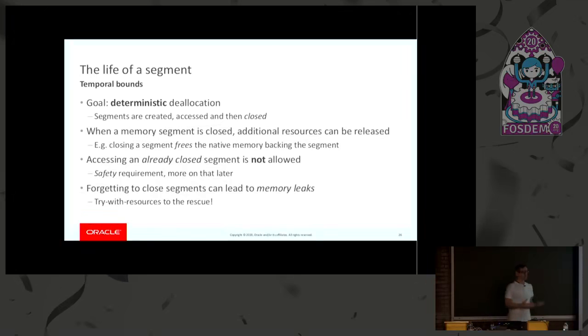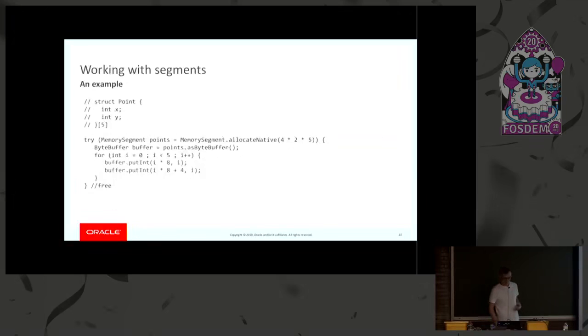To help with that, memory segments implement the AutoCloseable interface, so you can use a memory segment with the try-with-resources construct. Hopefully that will reduce the occurrences where these leaks occur. Other things we could do in order to improve on this is to do something similar to what Netty has done, which is to add a debugging kind of mode where we actually register a cleaner and we keep track of when a segment goes out of scope and the close method has not been called on it.